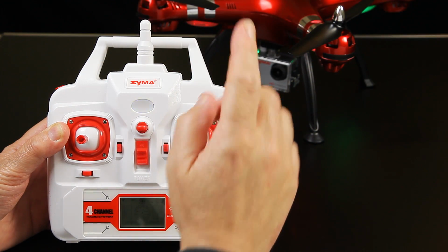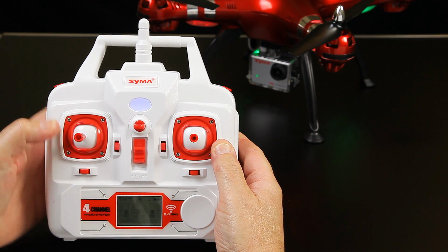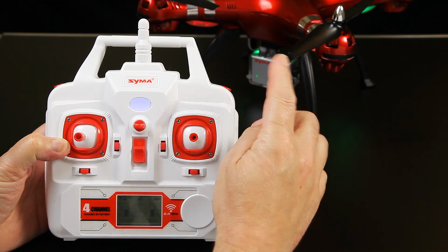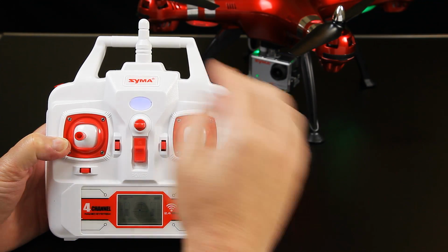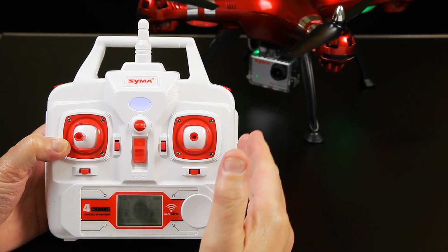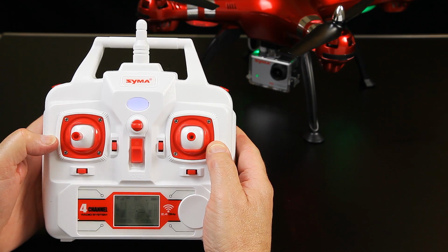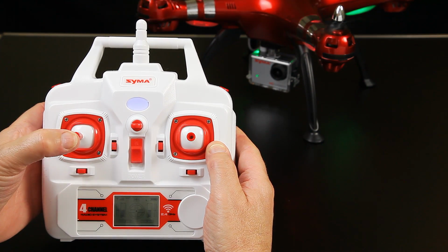Okay, with both the quad turned on and the transmitter, you simply go up and down on the throttle, and then you see there was flashing LEDs on the quad, and now it's gone to stable LEDs, so basically it's bound. And to put it into idle mode so it's ready to take off, we can either go